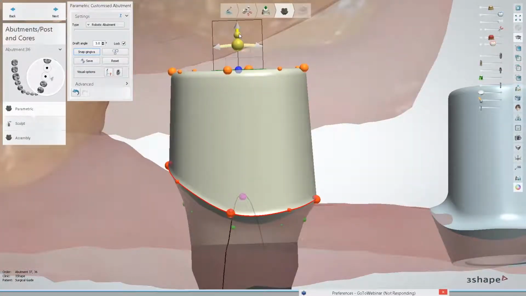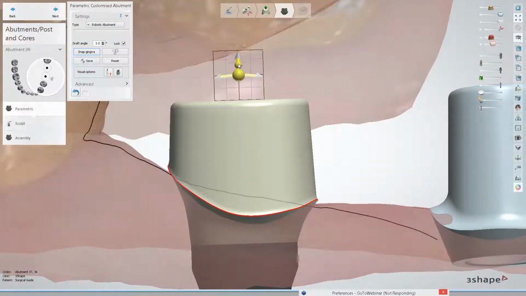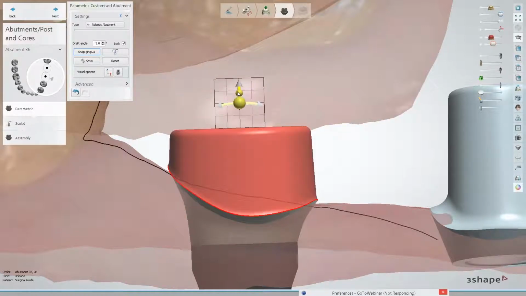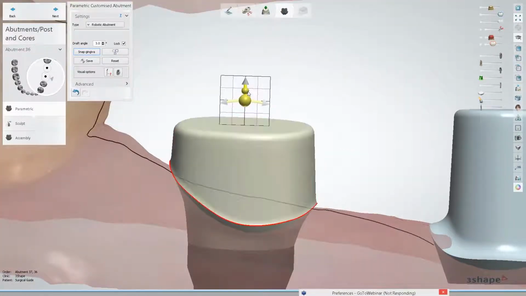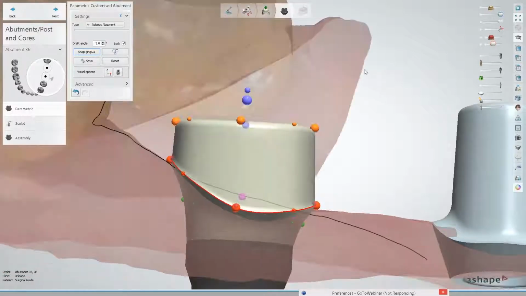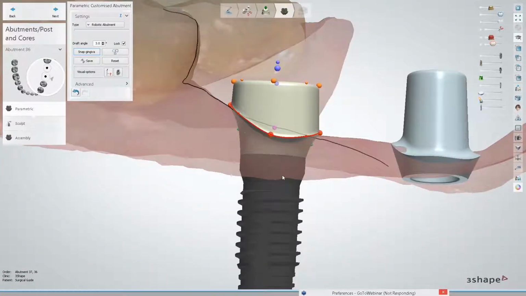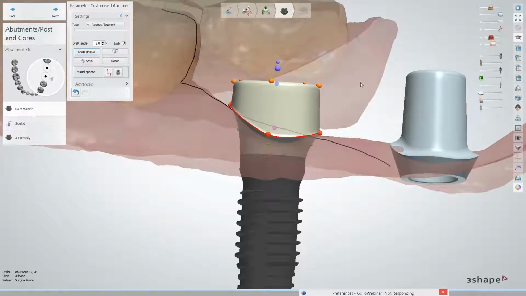So first I will make it a little bit wider, and now I will drop the height. I can't drop the height too far. You will see that the abutment is turning red, and that's very strictly limited by the height of the components. In here I have a one-piece abutment, and depending what components you're going to be using,